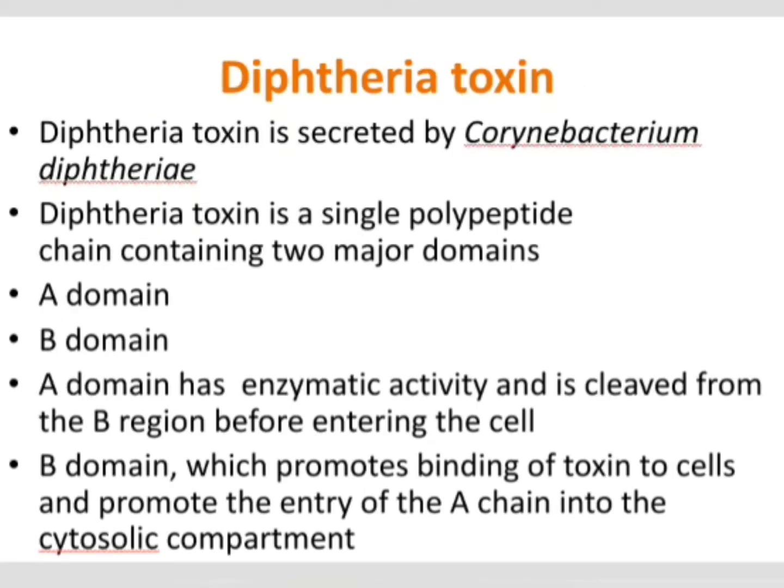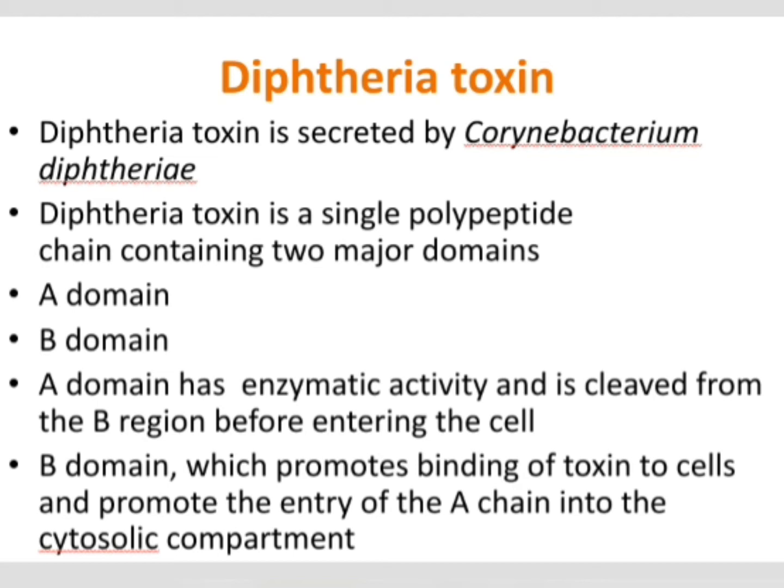You have to study 4 main toxins. First one is diphtheria toxin. Diphtheria toxin is secreted by Corynebacterium diphtheriae. Diphtheria toxin is a single polypeptide chain containing two major domains, A domain and B domain. A domain has enzymatic activity and is cleaved from the B domain before entering the cell. B domain promotes binding of the toxin to the cells and promotes the entry of the A chain into the